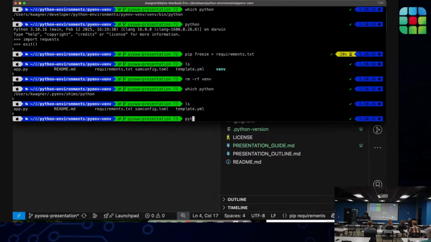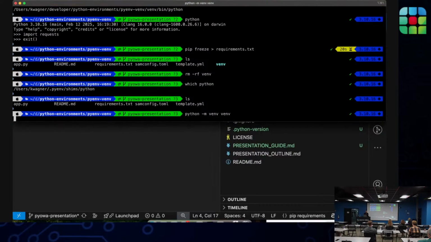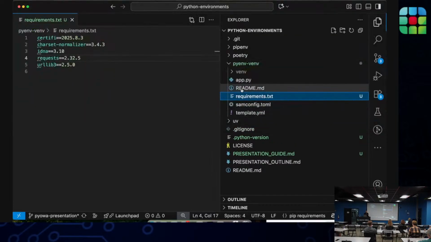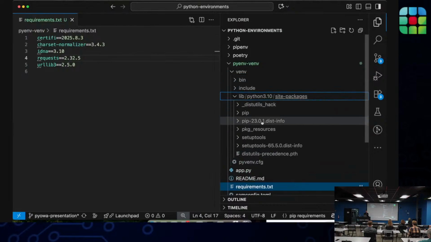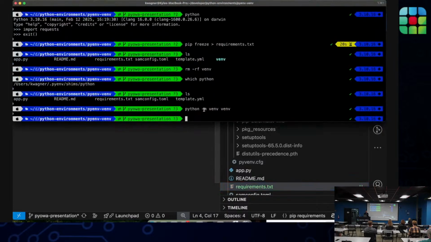So if we call venv, let's just create the directory again. The directory is recreated. It does not have requests in it or any of the other dependencies that requests depends on.